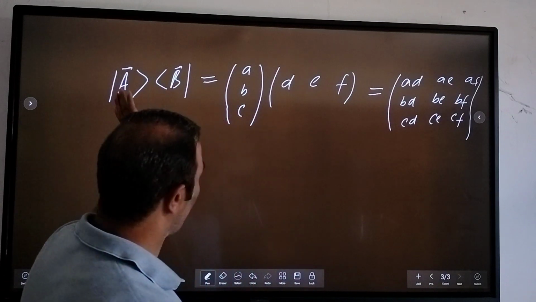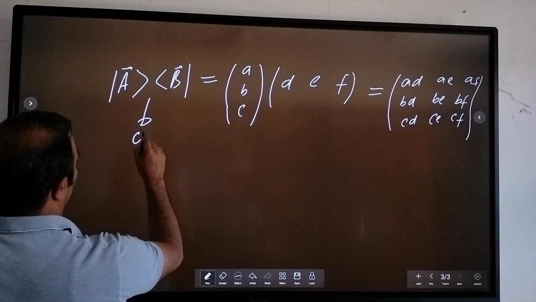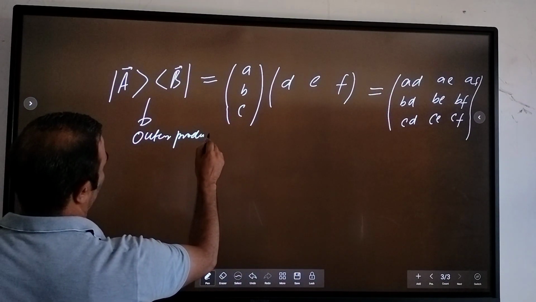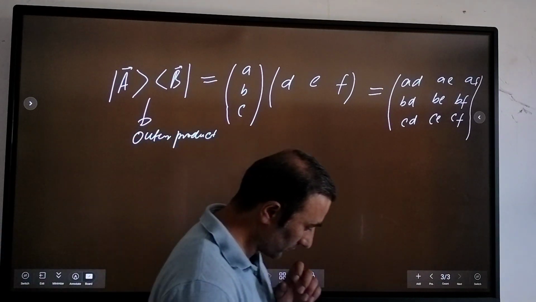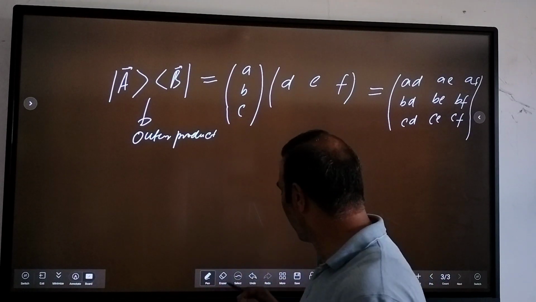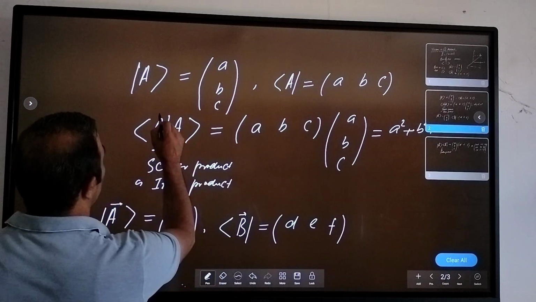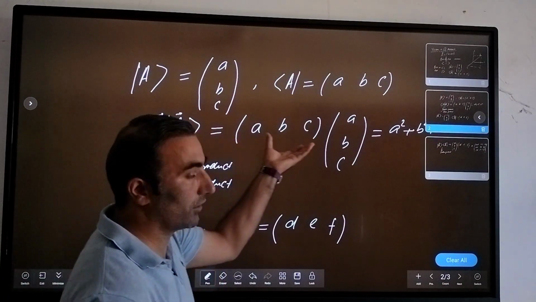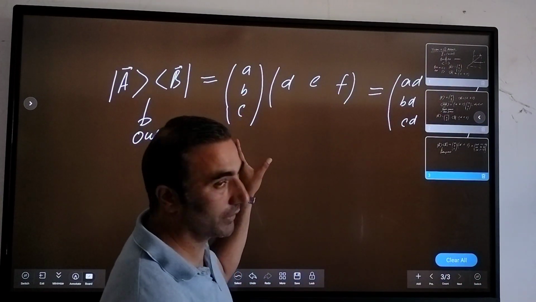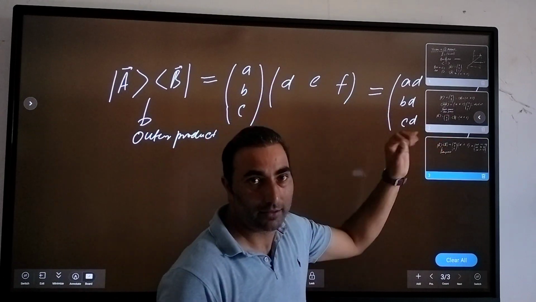So this is our outer product. So this product is again a vector. But the earlier one, if you remember, was purely scalar, because it was A dot B. This one is again a vector. This is one of the main differences: the earlier one was the inner product and this is called an